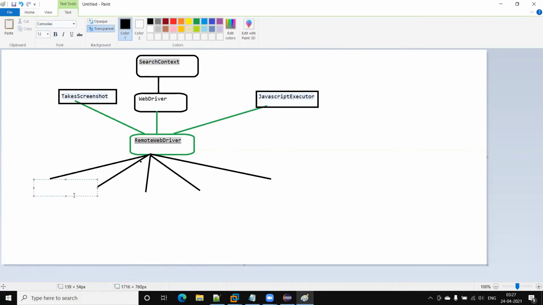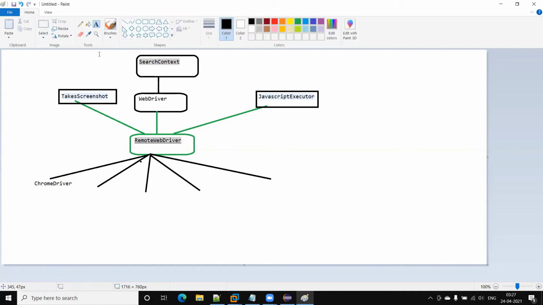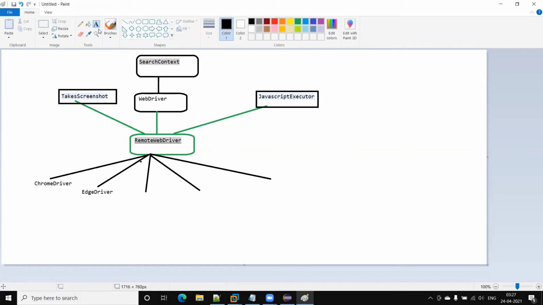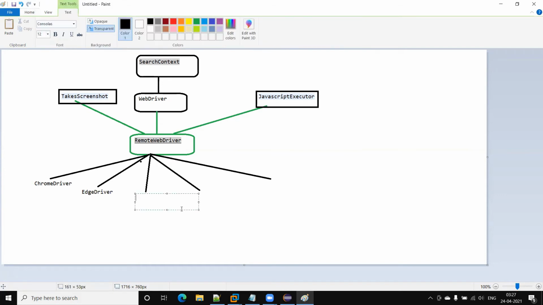Like here, one, Chrome driver class. Next, this is the Edge driver. Next class is Firefox.